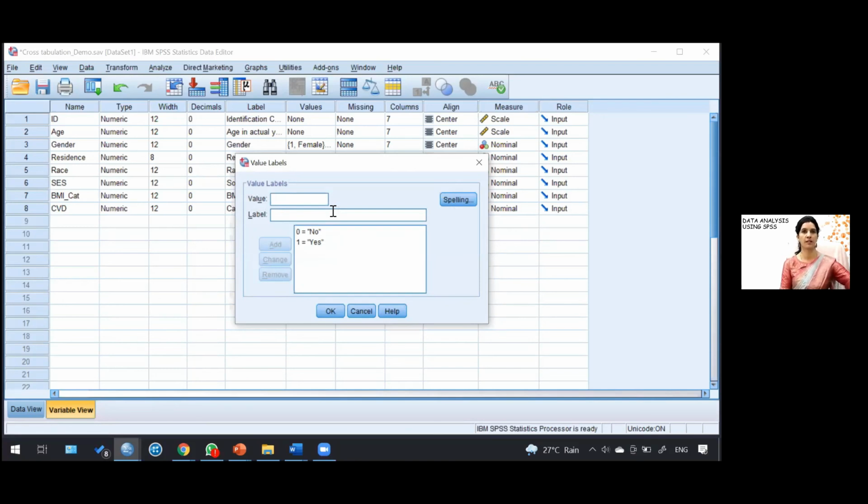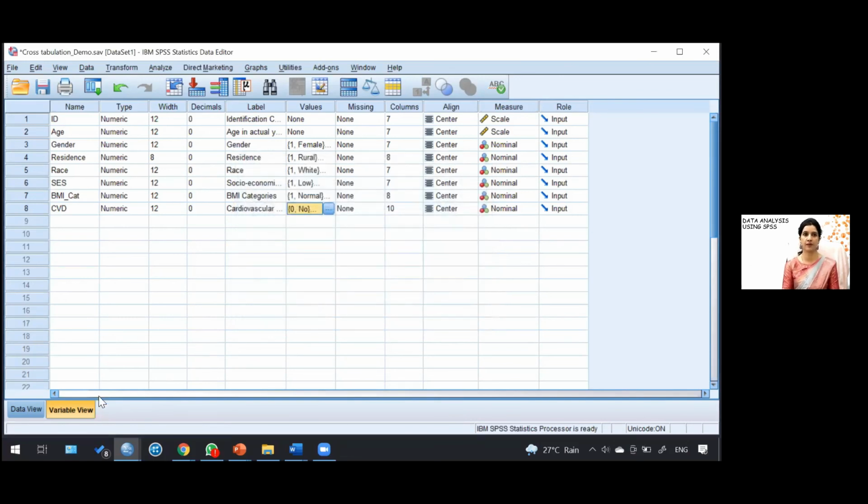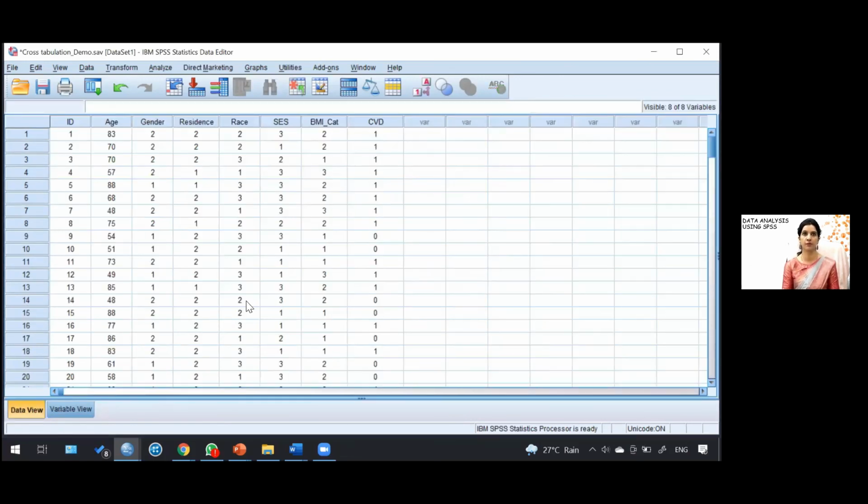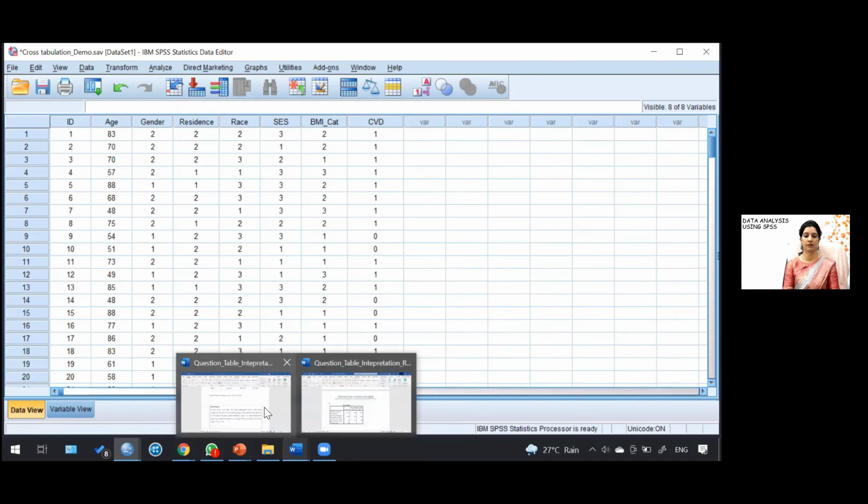Now we'll see the questions. So this was the variable view, and if I go to the data view, this is the data view. We discussed this general SPSS interface yesterday also, and I think you are now finding it more convenient and the interface must be very easy for you. Yesterday we also discussed how to transform and compute, and recode into a different variable, how to make categories. We have seen all these commands yesterday. So now I'm showing you the questions.